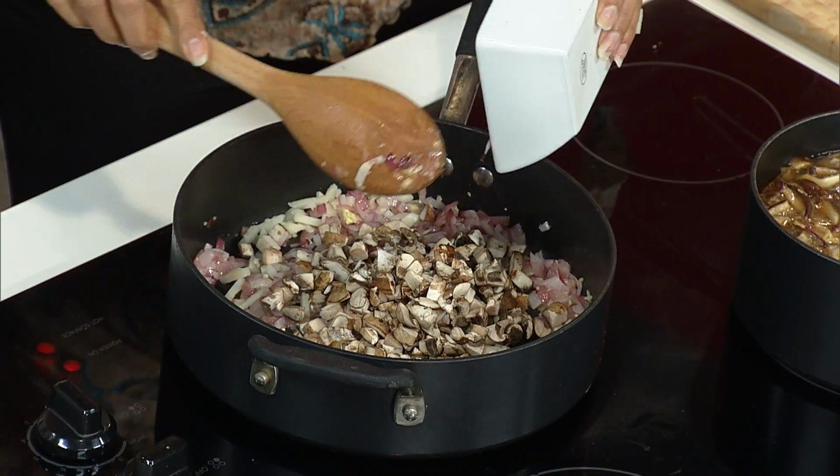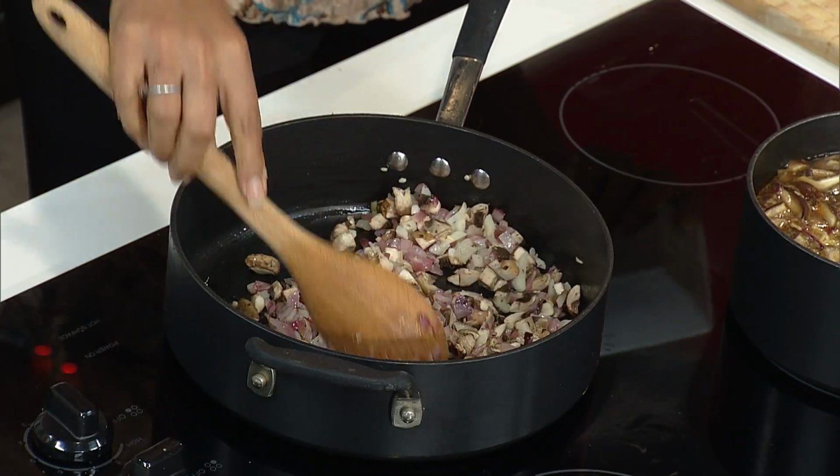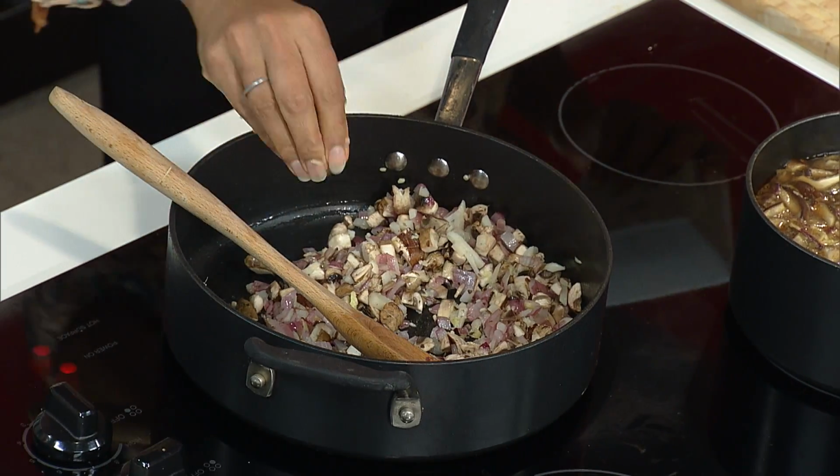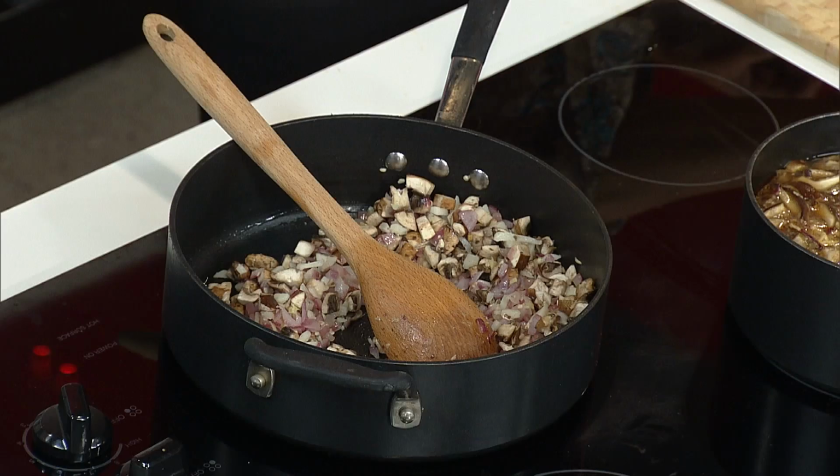I cut them all because I love mushrooms. I make a turkey meatloaf that has onions and mushrooms and turkey meat, and that's it. And everyone's like, "What is that in there?" It just adds so much texture. A little bit of sautéed onions and mushrooms go a long way in a lot of different recipes. So I'm going to bump up the heat on our stove and go ahead and add our